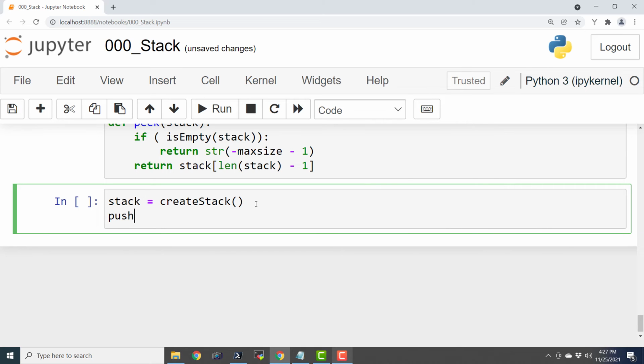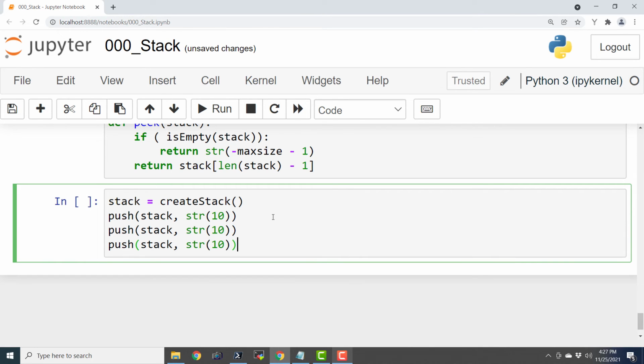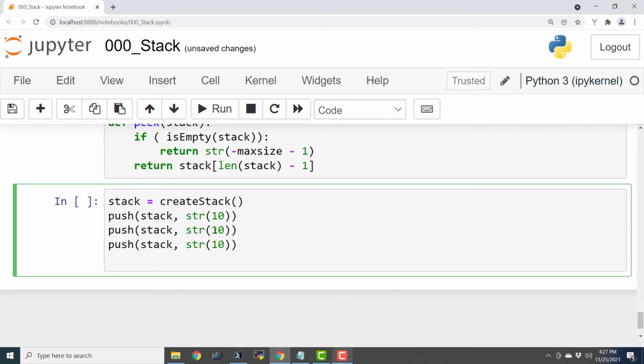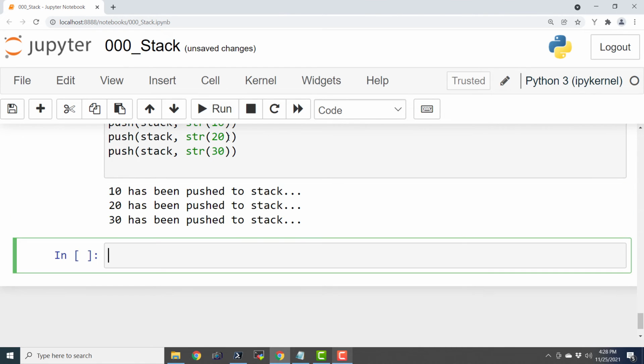Now let us say push stack and str of 10. Let me just copy and paste. So here I'm going to say 20 and 30. Let's execute this. 10 has been pushed to the stack, 20 has been pushed to the stack, and 30 has been pushed to the stack.